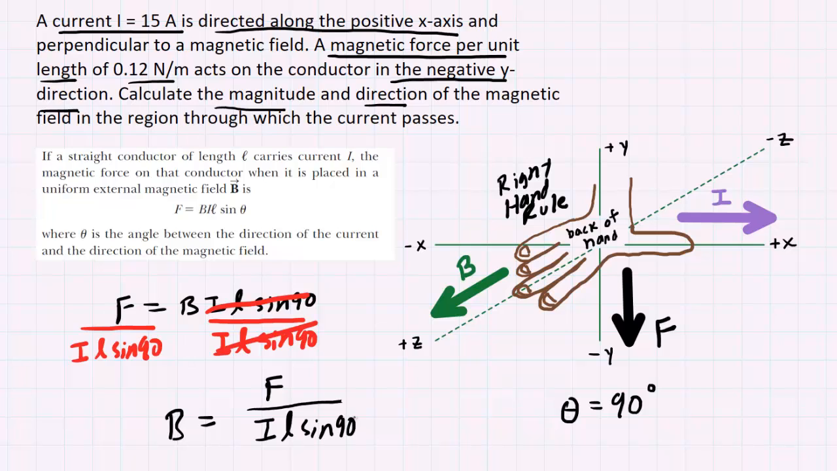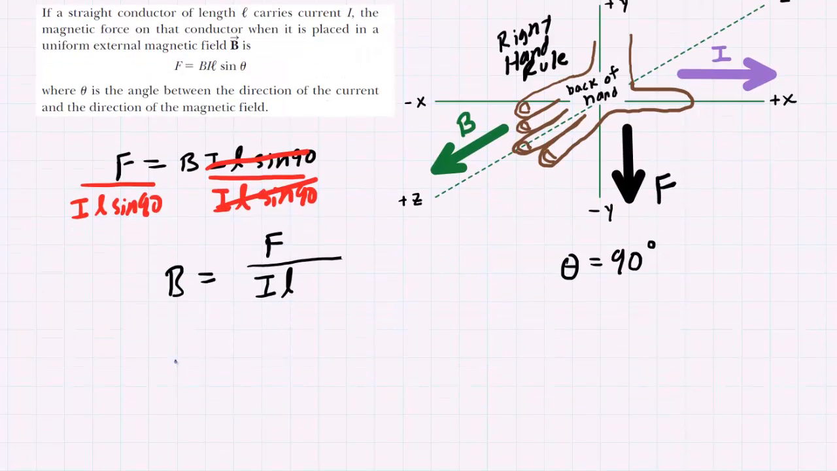Now again, theta is 90. The sine of 90 is 1. So on the bottom, you actually just have IL times 1, which indeed is IL. So it might be convenient to just discard the sine of 90 at this point. Now, because we are given the force per unit length, we have to look at this equation very carefully. It will help to rewrite it one more time,